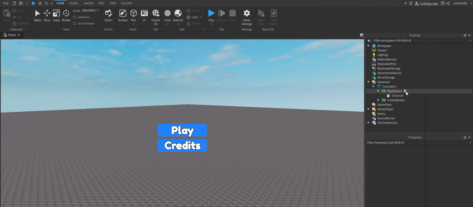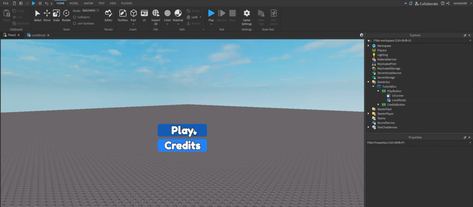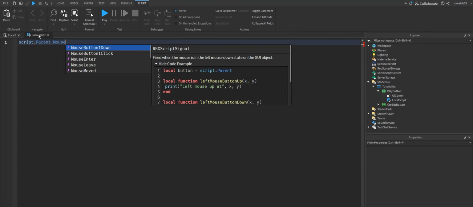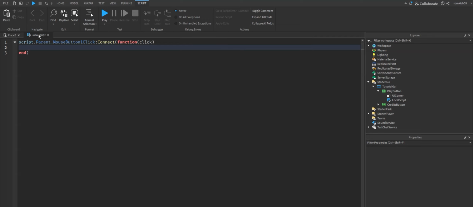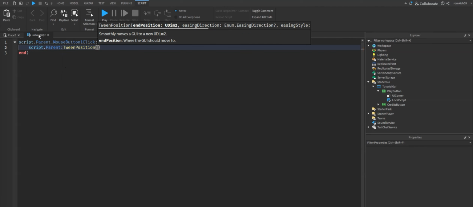Now in our play button, we're going to add a LocalScript. There we go. And we're going to delete this print hello world. And now in this button, we're going to make it so both of these buttons are going to go down when I click on the play. So we're going to do script.Parent.MouseButton1Click:Connect(function), and our function is going to be click. There we go. And now we're going to do script.Parent, colon, TweenPosition. We're going to do UDim2.new